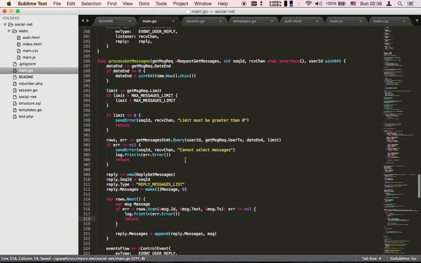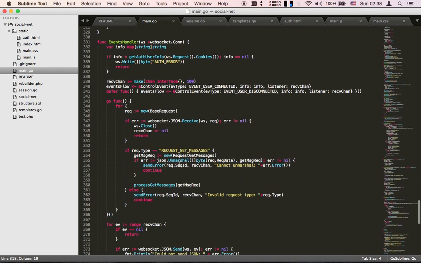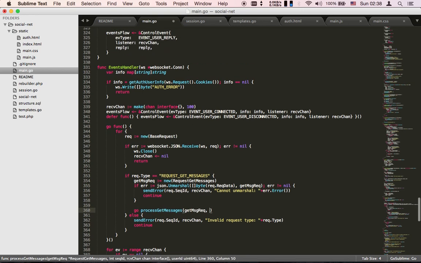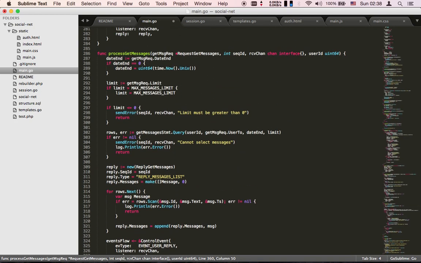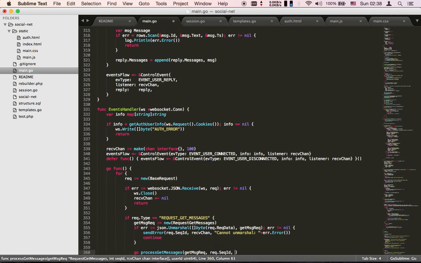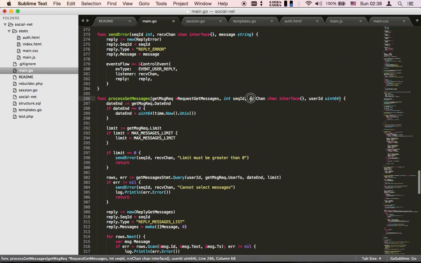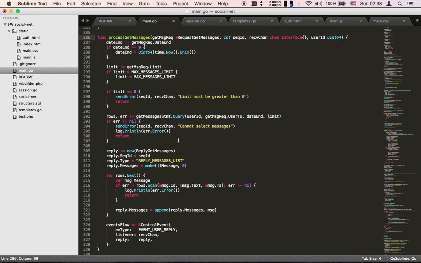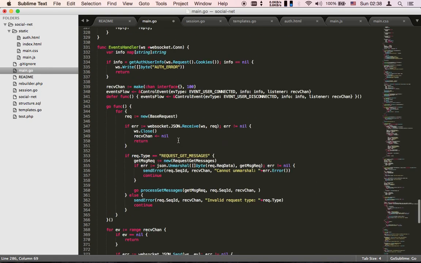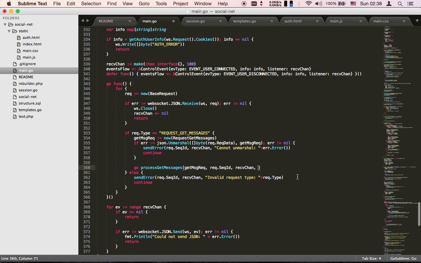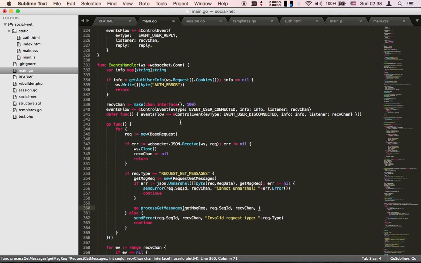And if I have done everything correctly, then we can say go process get messages into sequence ID, receive channel, and user ID. And for user ID I would need to use something like